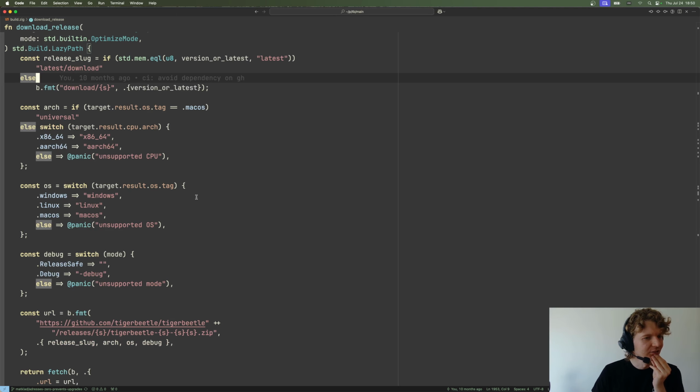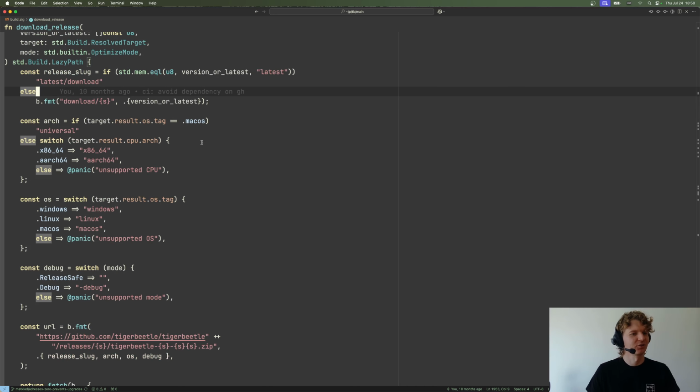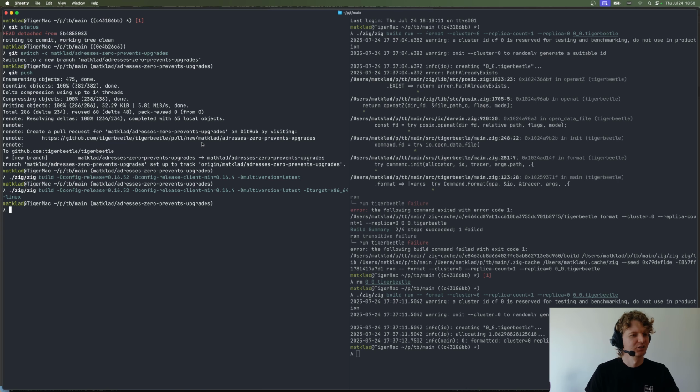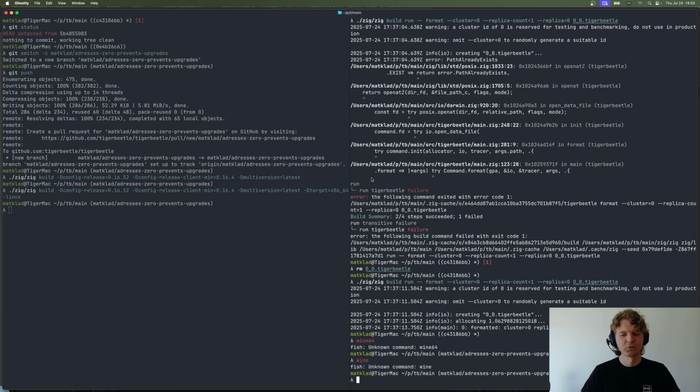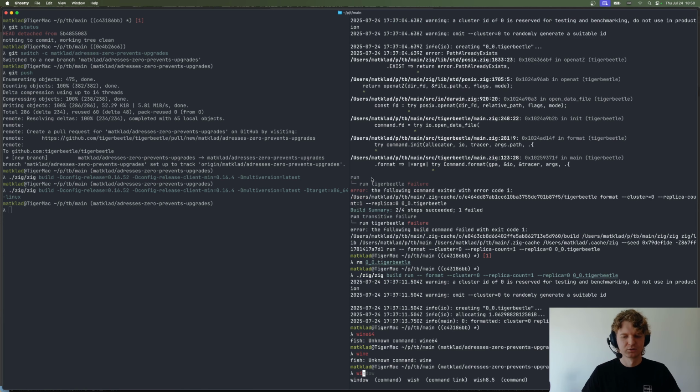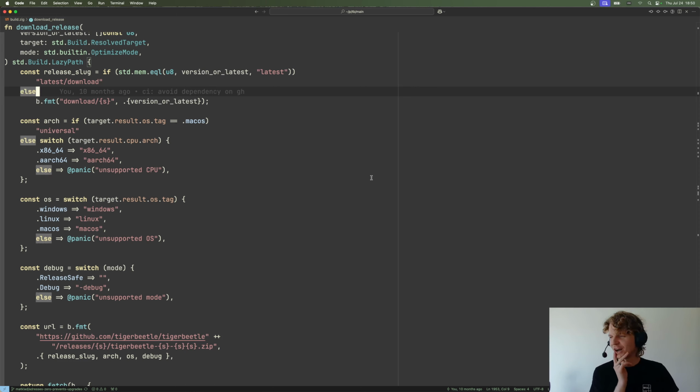Okay. Actually, I'm curious. I'm going to do something relatively stupid. Do we have wine? Okay, we don't have wine. Well, if we had wine, I would try to run the Windows version of the Zig compiler, because Zig 0.14 didn't work for wine, but maybe 0.15 works. But it all doesn't work. Okay, so